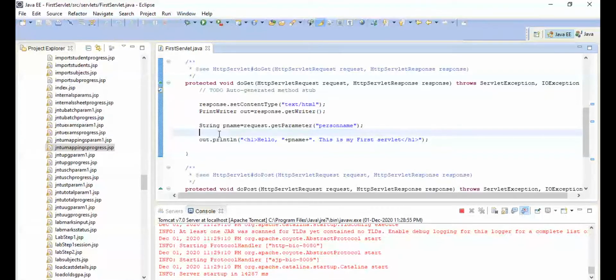As in the earlier class, we have seen how the request object is used in our servlet program. We have seen the getParameter method to read the data from the form elements. So we have placed a text box.